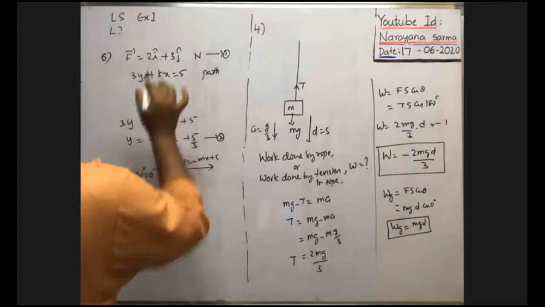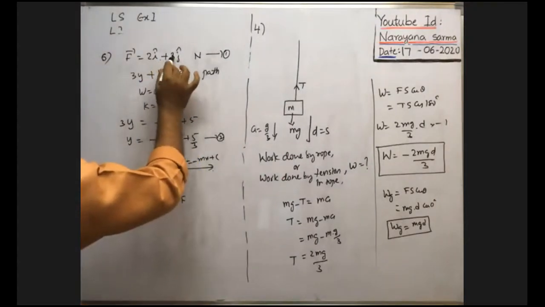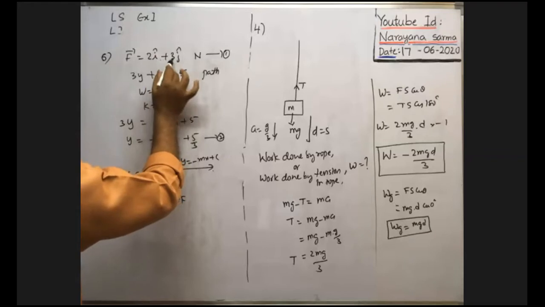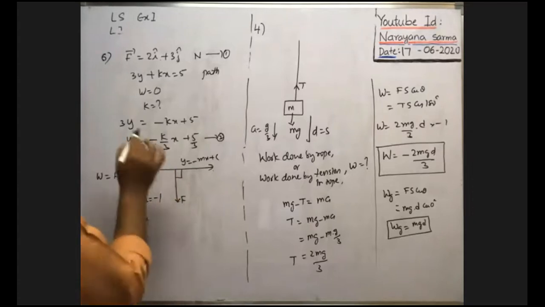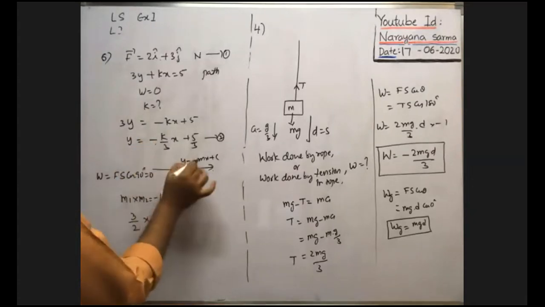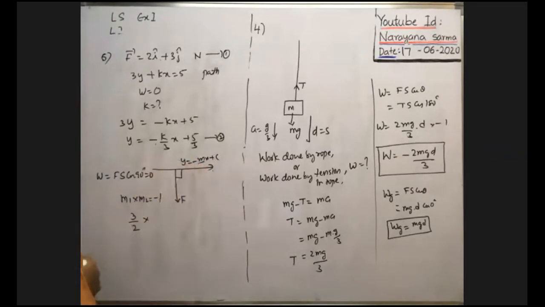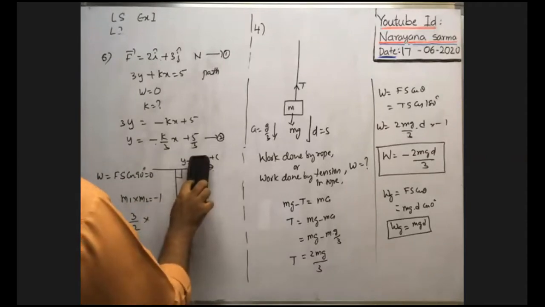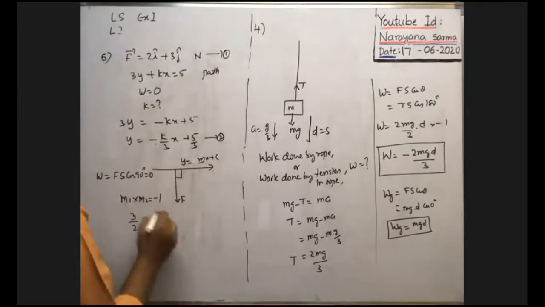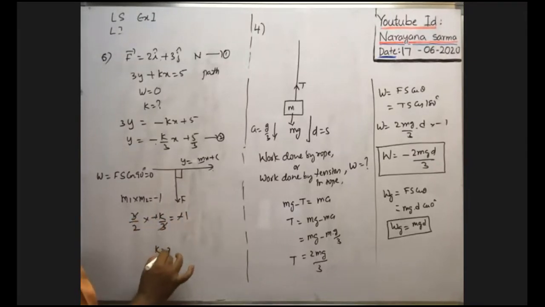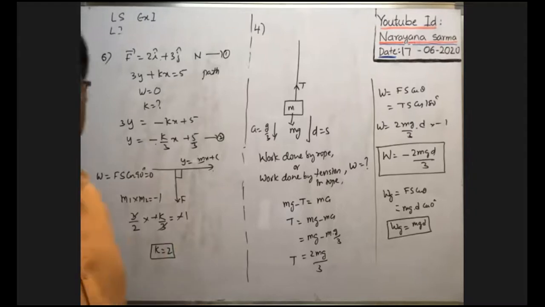What is the slope of this one? Slope of this force means tan theta is equal to y by x, that is the y component, j cap, divided by the x component, which is 2, into the slope of this straight line. Already it is just like y is equal to minus mx plus c, where m is the slope. Here, instead of m, minus k by 3 is there. So minus k by 3 you write instead of m, into 2, that is equal to minus 1. Of course, minus minus cancel, 3 cancel. Then k is equal to 2. So this is the value of k. In this way, we have to do.